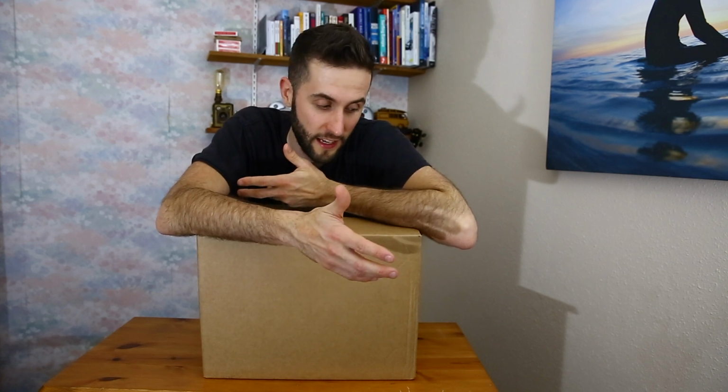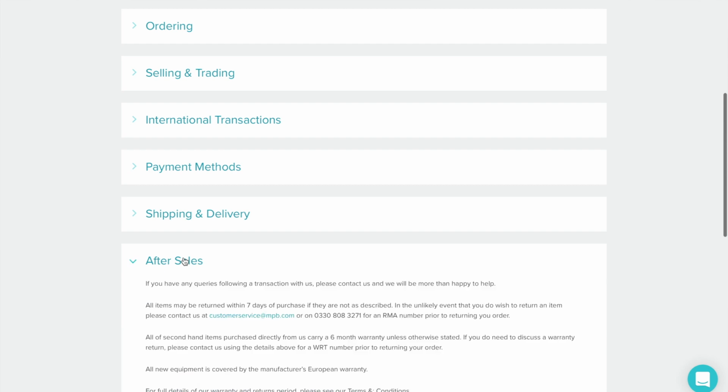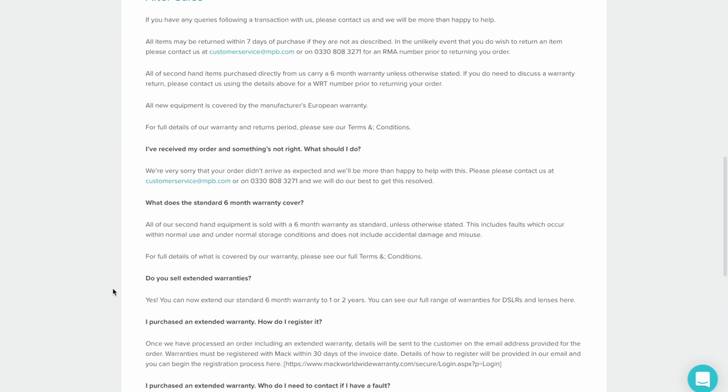However, with technology, you obviously have risks in terms of quality and guarantees and things like that. That for one is what put me off a retailer like eBay or something like Gumtree, where you don't get any warranty. The one thing that drew me to MPB was you get a 6-month warranty. You can extend that if you want. I didn't, on the basis that if something was going to go wrong with it, I would hope it'd go wrong in the first few months. Yes, it can go wrong longer than that, but I was trying to save a bit of cash,